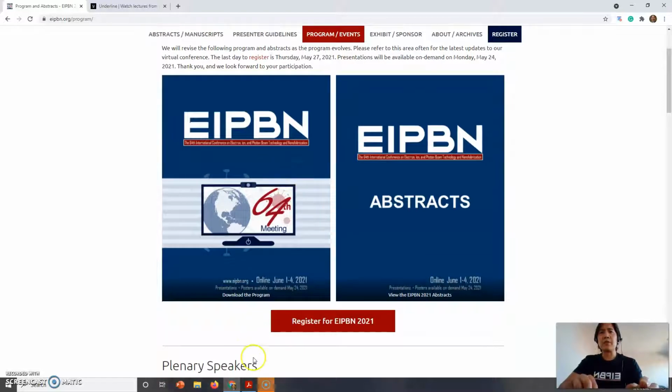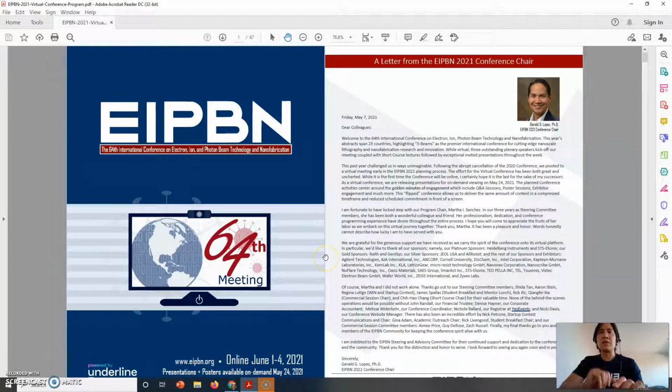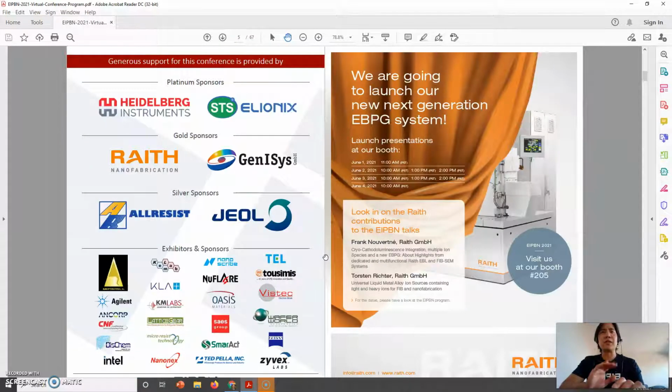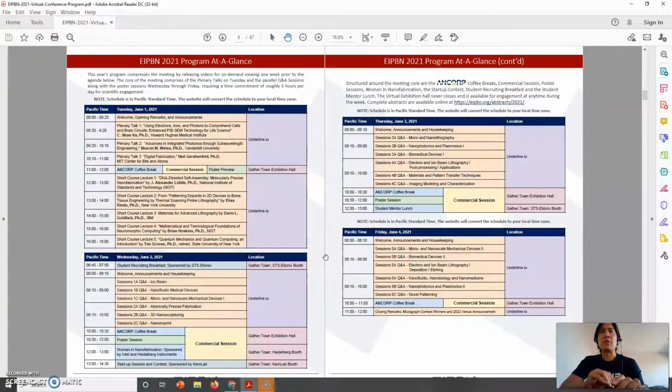By going there, you can see this document, and it is updated pretty regularly. What I want to bring your attention to is page 9, which is our program at a glance. While these times are listed here in Pacific time, they will be converted properly on the website to your system time or your local time zone when looking at the underlying site. I'll point that out to you in a second.